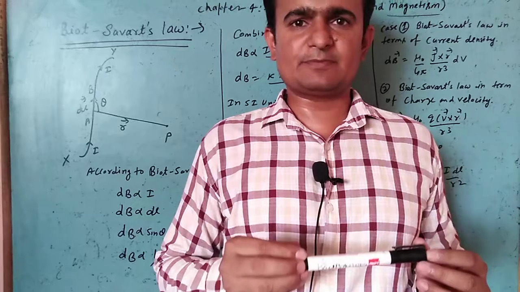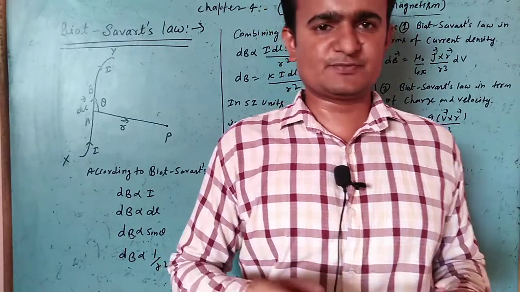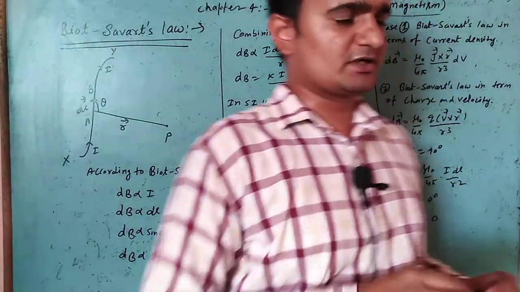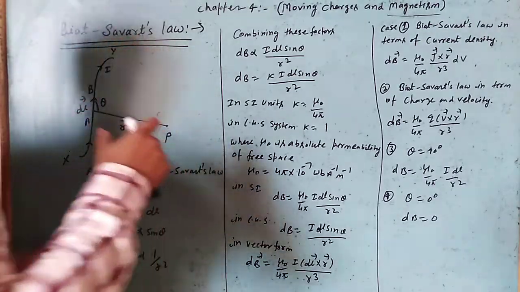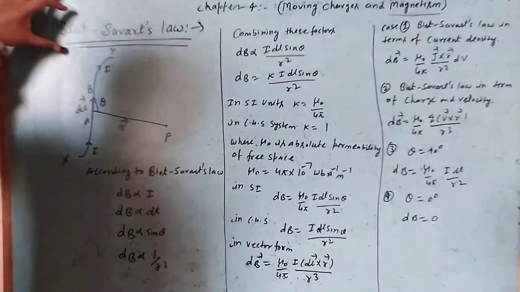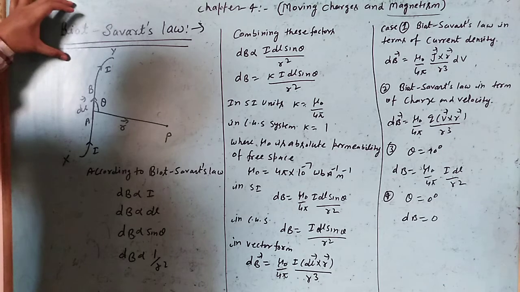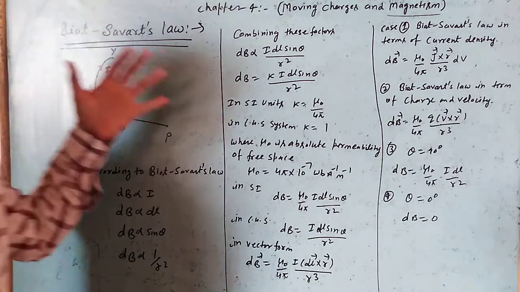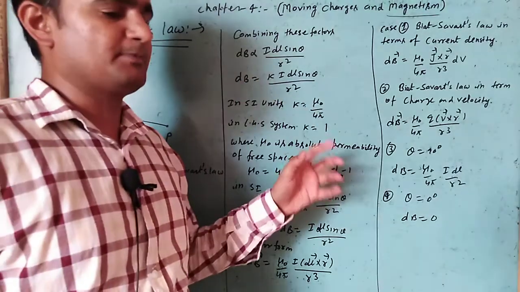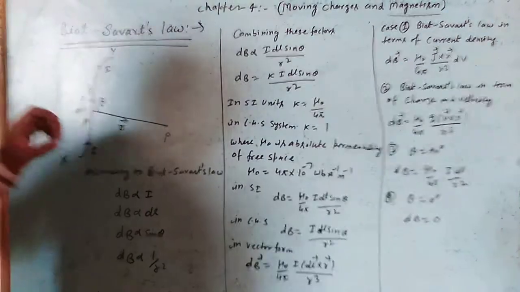Of Unit 3, Chapter 4, Moving Charge and Magnetism. Now discuss the Biot-Savart law. This Biot-Savart law is experimentally predicted by Biot and Savart. ये एक एक्सपेरिमेंटली टॉपिक था जिसको प्रिडिक्शंस किया बायोट ने और सेवर्ट ने।